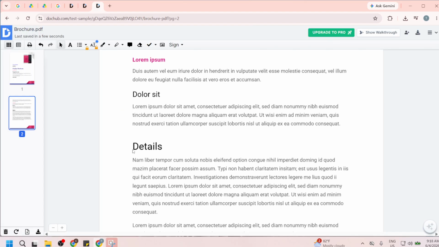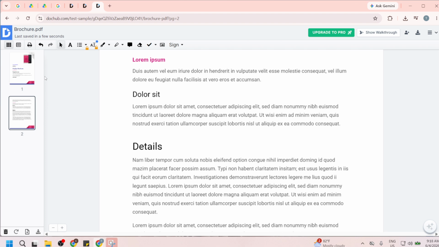Once the PDF is open, you'll be in the document editor where the page tools are available. Now look to the top toolbar and find the Page Controls icon. It looks like 4 small squares, and it's located on the far left side of the toolbar. Click that icon to open the Page Thumbnail sidebar. This sidebar gives you a visual overview of all the pages in your PDF, which makes it much easier to work with specific pages instead of the entire document.